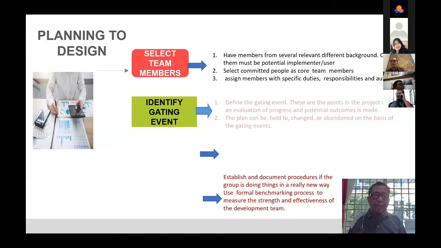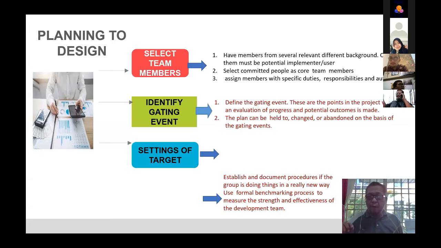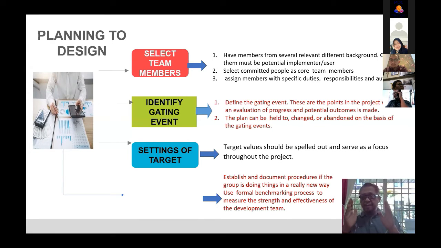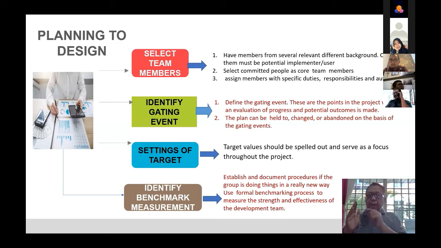The second is the gating event. Okay, where should you start and where should you stop in the design stage, right? Okay, you might start, okay, I want to start from process A until process B. So process B is the gating event. Then the end of process B will be another gating event. So at each gating event, what you do, basically,